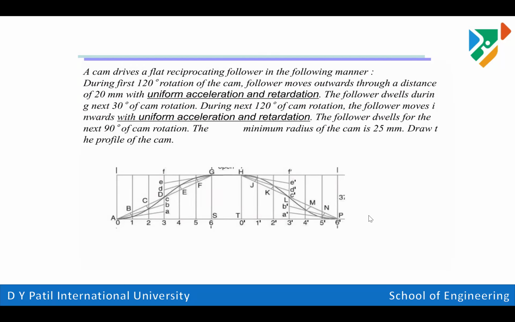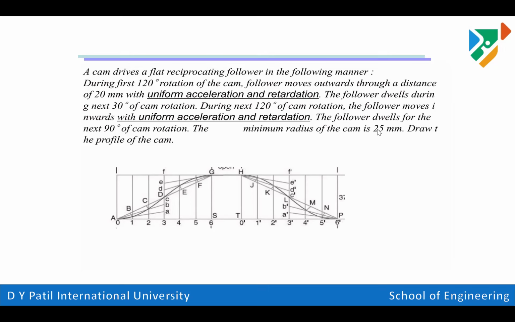Hello. So in this class we'll discuss cam profile with flat face follower, having uniform acceleration and retardation motion. So just look at the problem statement. A cam drives a flat reciprocating follower in the following manner. During the first 120 degrees of rotation of the cam, the follower moves outward through a distance of 20 mm with uniform acceleration and retardation. The follower dwells for the next 30-degree rotation, and again for the next 120 degrees,